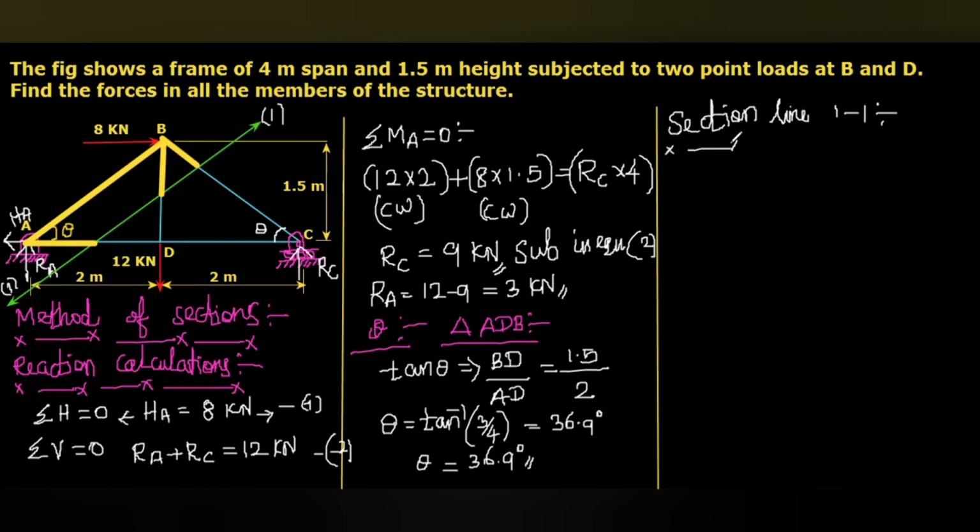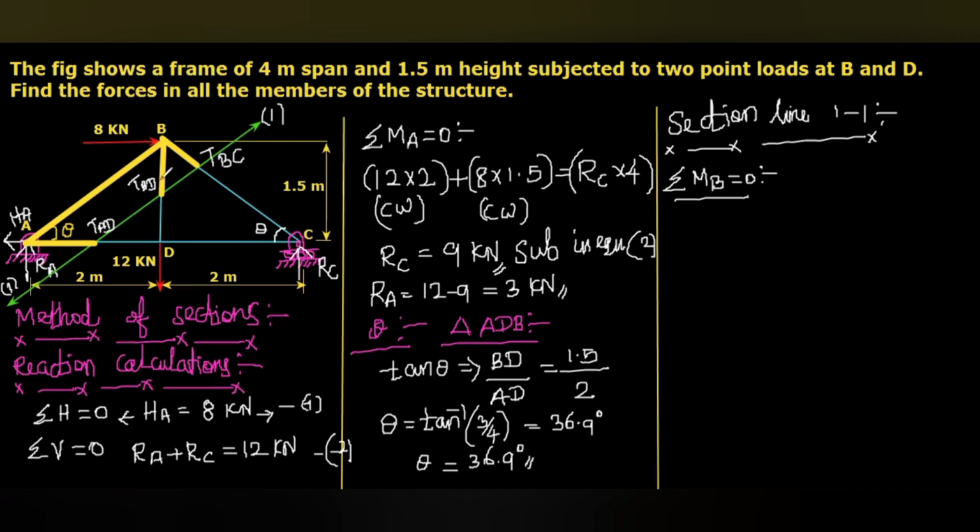Okay, section line 1-1. First, I am going to take moment about B, and that should be equal to 0. When I take moment about B, the forces like this 8 kilonewton, this is forces in the member, this one, TBD, this inclined one, that is TBC, this one,